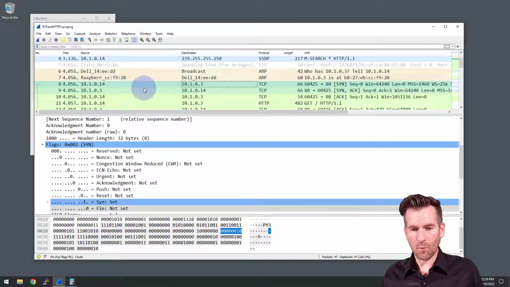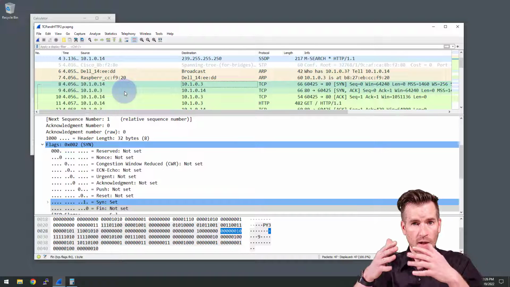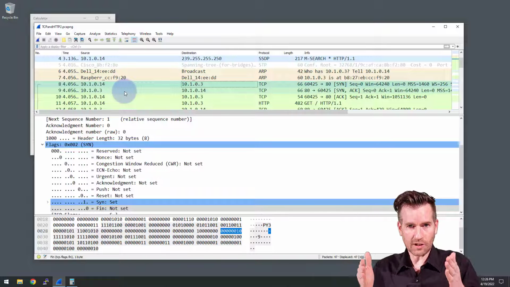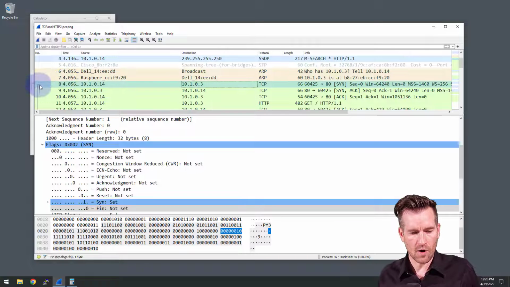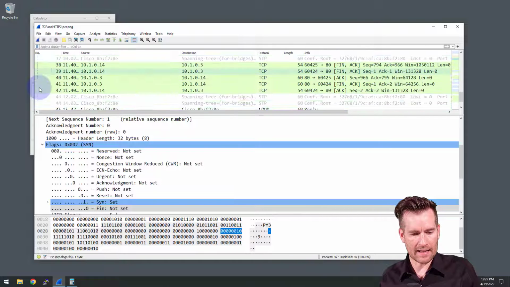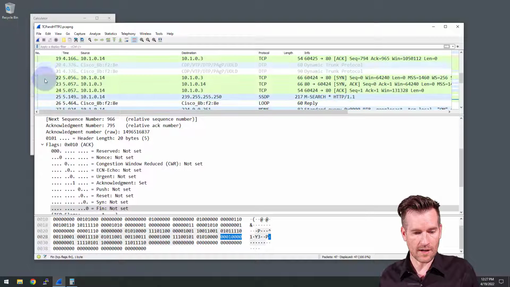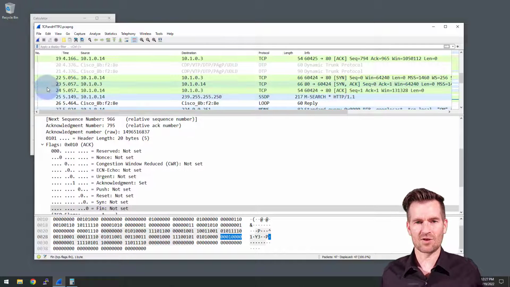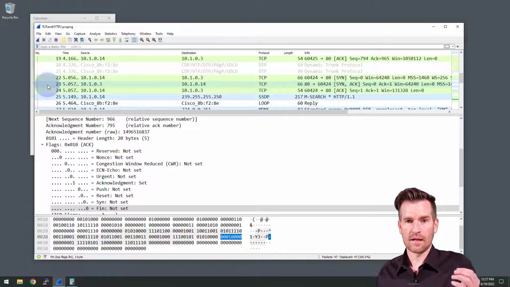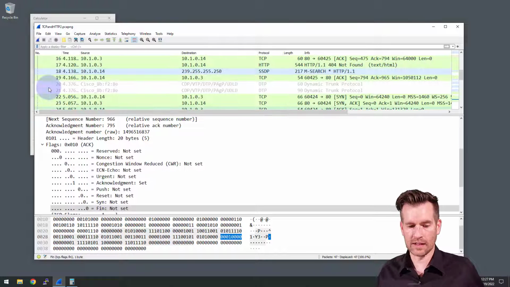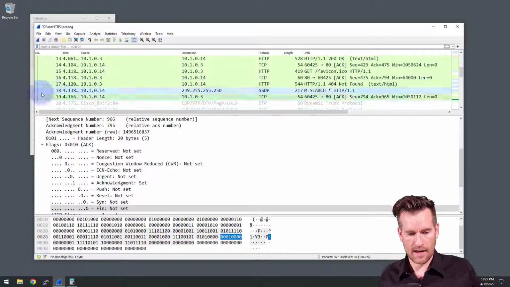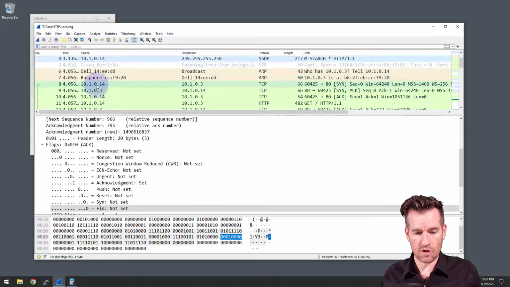So first of all, what I want to point out is that for this whole connection, Wireshark allows us to easily identify what is part of this connection. On the left-hand side here, we see that it starts, that's the horizontal line right here. It starts at this packet and then moves down and ends at this packet right here. And as we go through here, there are also some dotted lines. The dotted lines show us that that is not actually part of this communication, so we can exclude those. We're just going to look at this